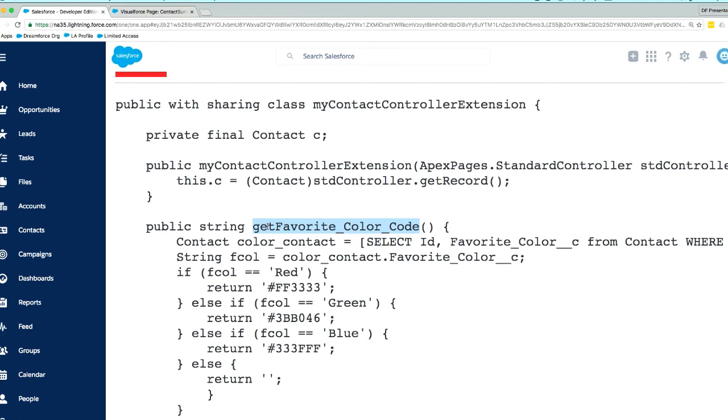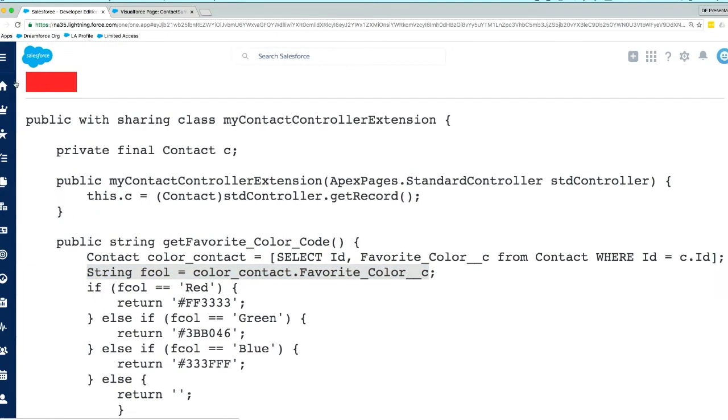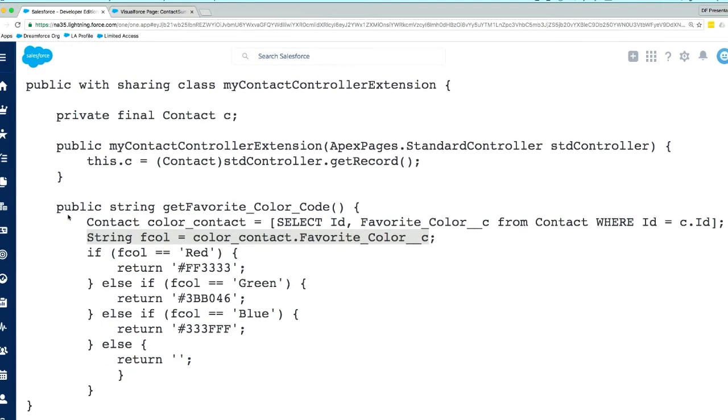But this is where we start to get into trouble. Where we start to get into trouble is this line right here. Because what we're doing in this line is assigning the favorite color field from the contact into my string called fcolor, and then later I'm using that string to convert into a hexadecimal, and then I'm going to return the hexadecimal. And by doing that, that line right there is where your Apex is not enforcing field level security. And to illustrate that point,